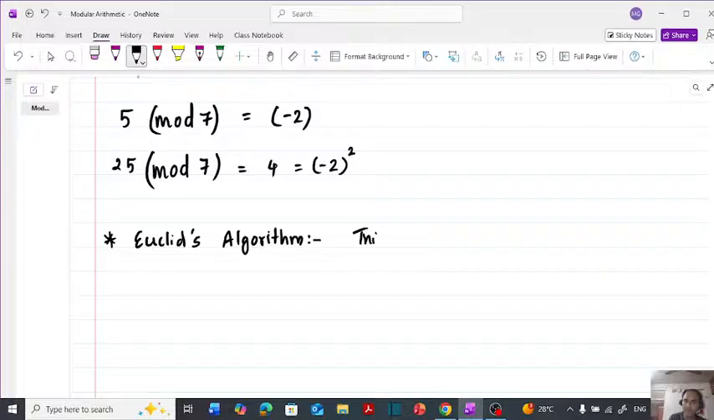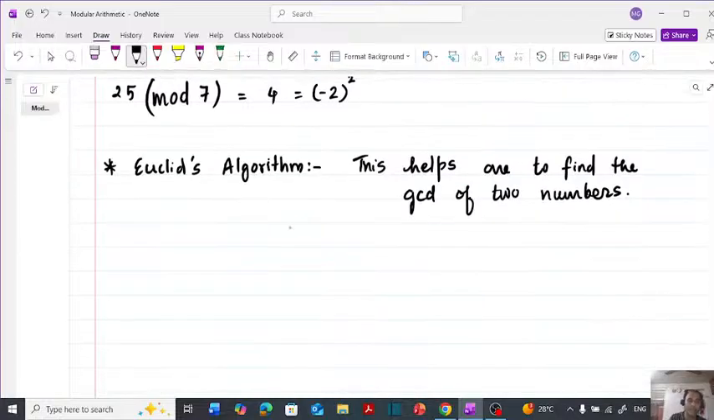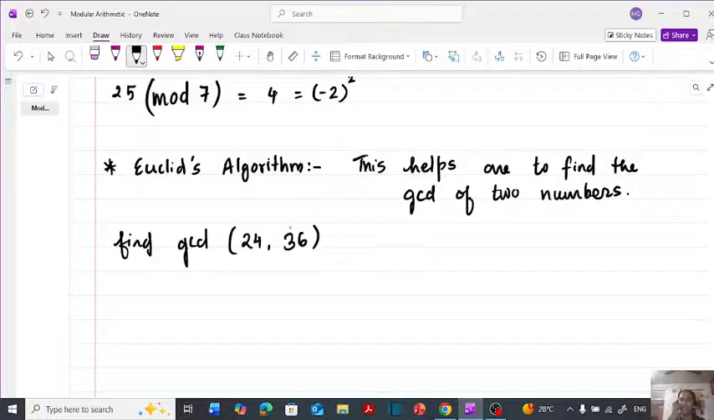दिस हेल्प्स वन टू फाइंड द जीसीडी ऑफ टू नंबर्स। जैसे कि देखिए हम यहाँ पे स्टार्ट करते हैं, एक सिंपल सा नंबर लेते हैं, जैसे फाइंड, हम लोग लेते हैं जीसीडी ऑफ 24 एंड 36, इन दोनों का जीसीडी लेते हैं। अगर हम करने के लिए जाएंगे तो कैसे करना है,